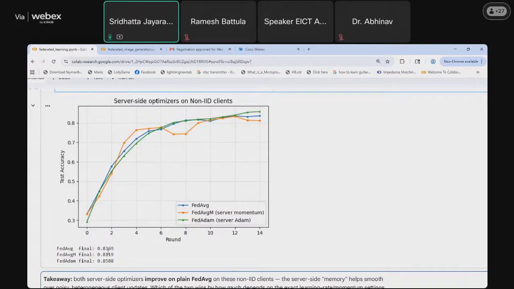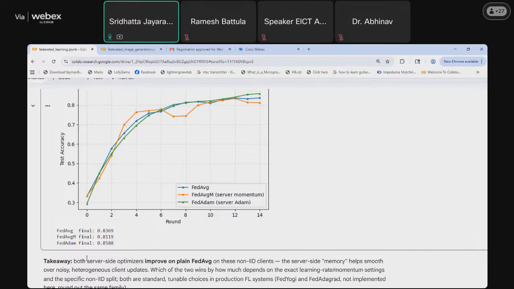Fed average final accuracy was 83.69. When we added momentum to it, just momentum would mean a range of values from the previous gradient updates to control the momentum, it was 81.19, while Fed Adam showed a supreme performance of 85.88.